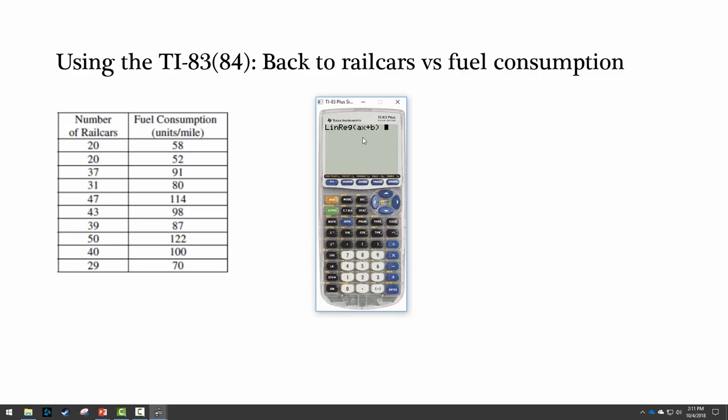Now, another thing to notice is that once you hit that button, depending on the model of the calculator you have, the screen that you see right now may be different. So I have one of the older models simulated here on my computer. So I have to know that the series of inputs that I need is to type in the explanatory list, which in my case was L1, so I hit second and then 1, comma, the response list, comma,